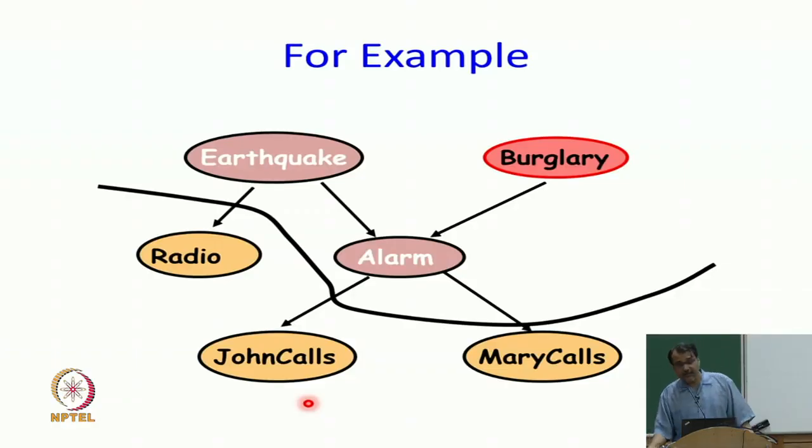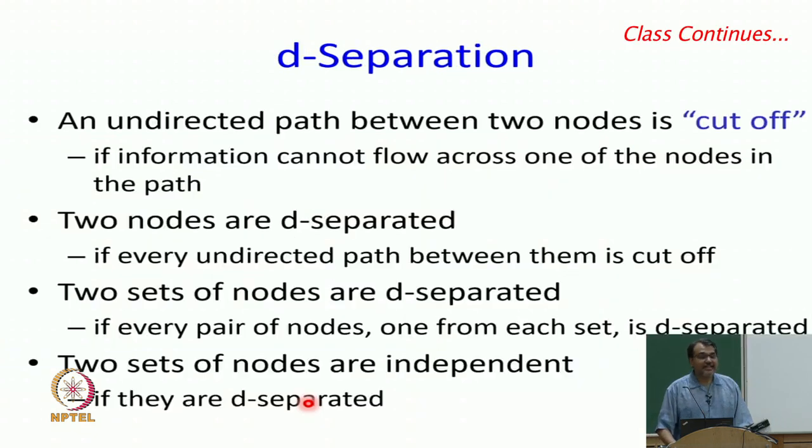One theorem is what happens given parents, one theorem is what happens given Markov blanket. Of course, you might be asking the question, given burglary, is John calls independent of radio? You can ask that question, and neither of the two theorems will apply, because neither is burglary the parent of John calls nor is burglary in the Markov blanket of John calls, right. So, in such a situation, how do we generally analyze a given Bayesian network? And that happens using a principle of D-separation.